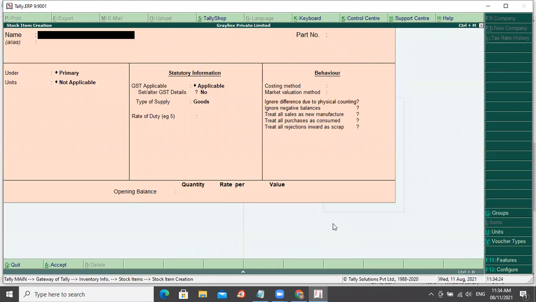This is where you will create inventory item. Now, example, what I'm doing is I'm just taking some sample masters, sample items, so that you are clear on how to create stock item in Tally ERP9.